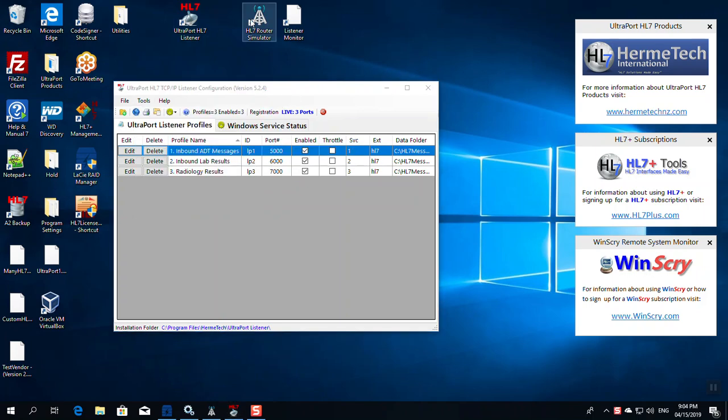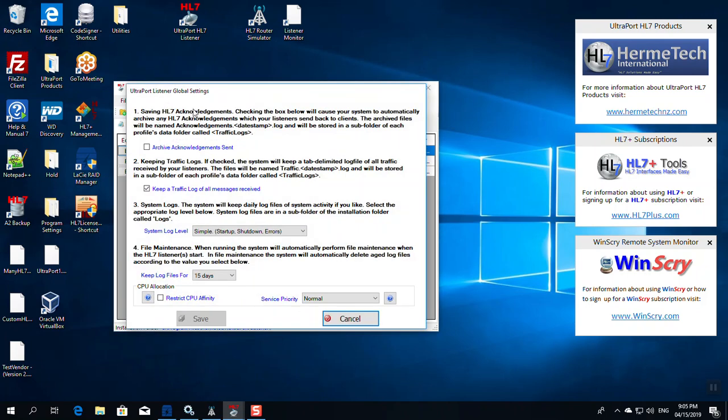It'll put a shortcut on your desktop that looks like this, and we're going to get to that in a moment. Now, before you start, you always want to make sure in your UltraPort listener or your HL7 Plus listener, in the global settings, that you're keeping a traffic log. It's in number 2. Make sure that's checked, and if it's not checked, check it, and then restart your Windows